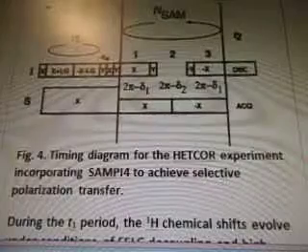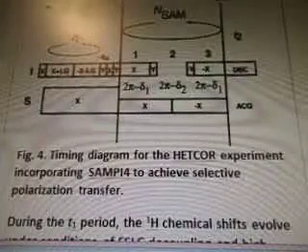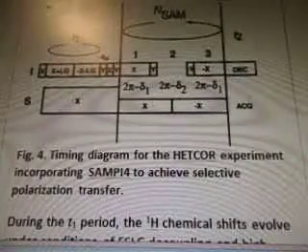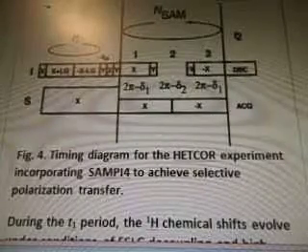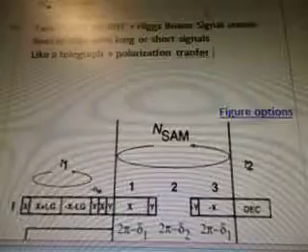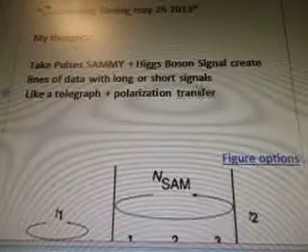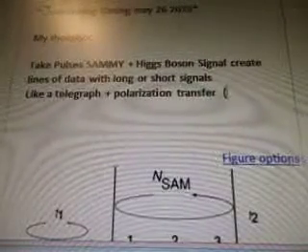So I'm going to add that up here. I'm going to add polarization transfer. Because what we want to do is we want to transfer signals. Oops, let's go back up here. What we want to do is transfer signals, right? We're going to transfer